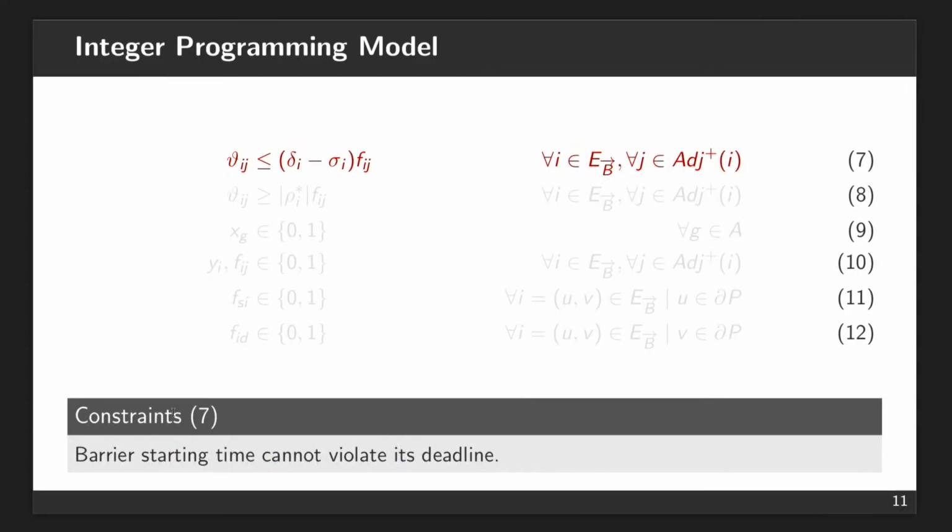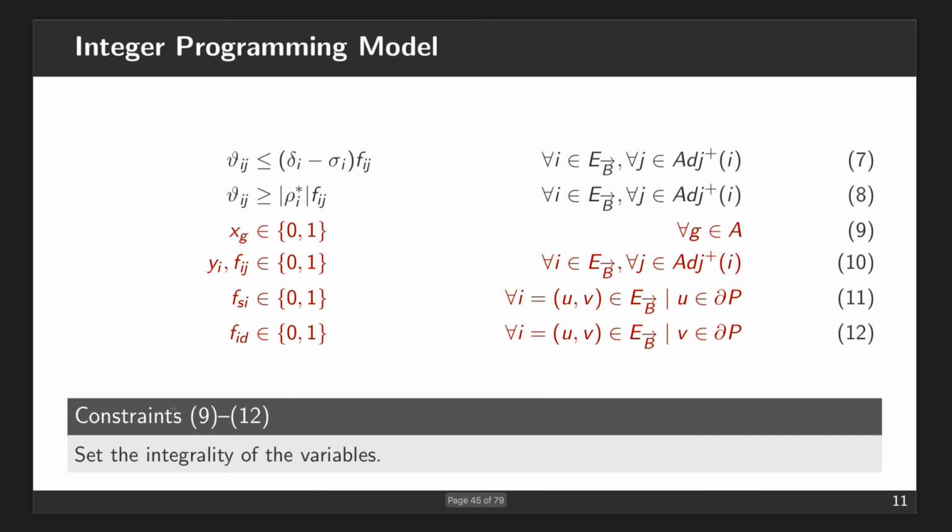And then you have the deadline constraint saying that if you construct this barrier, it cannot go beyond the deadline, which is the delta_i that you see there. And then you have a lower bound if the barrier is constructed. If it's not constructed, it's of course 0. But if it is constructed, then this is the shortest path computed from the boundary to the barrier i, considering that you go directly from the boundary to this barrier. So this is the lower bound. And then you have the integrality of the variables except for the theta variables.